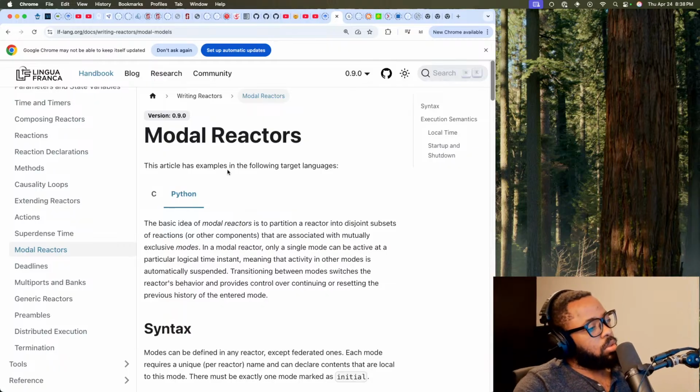Alright, this article has examples in the following target languages. The basic idea of model reactors is to partition a reactor into disjoint subsets of reactions or other components that are associated with mutually exclusive modes.